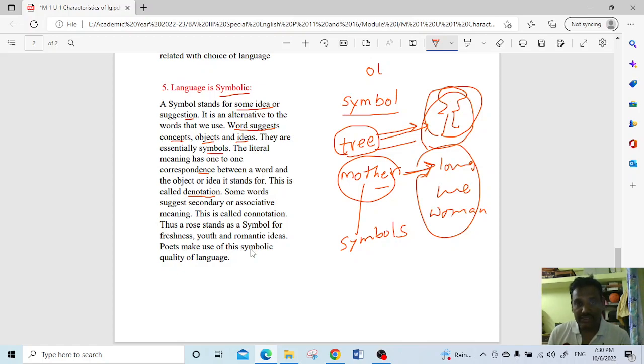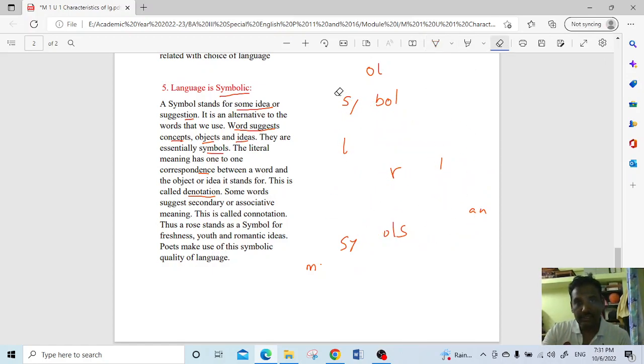You understand? For example, see, when I use this word mother,